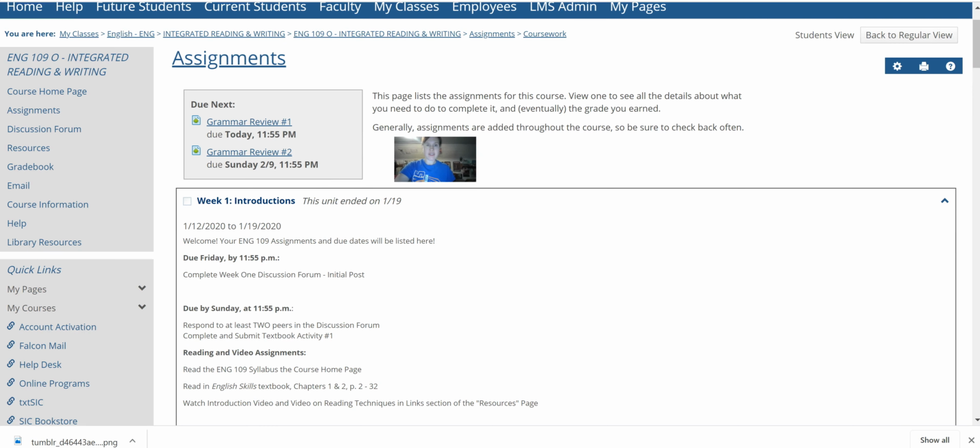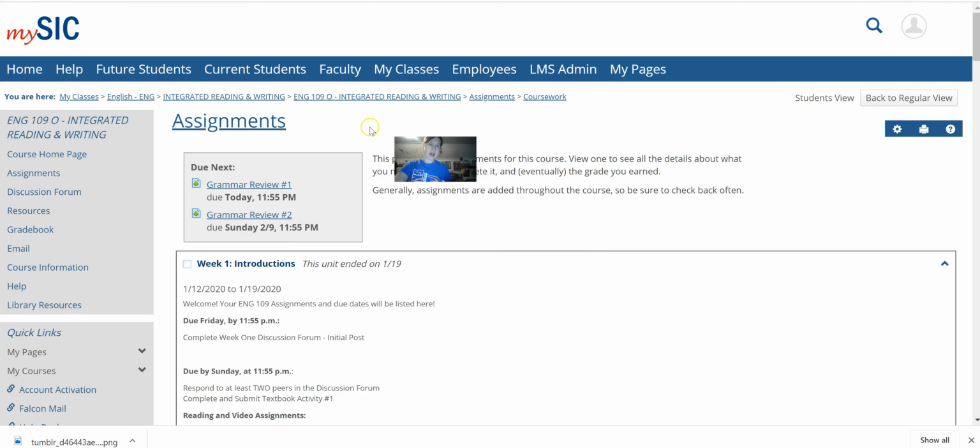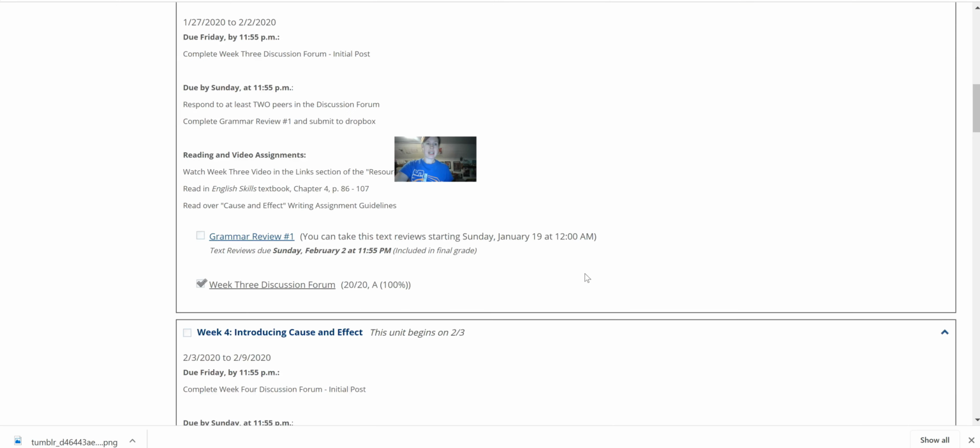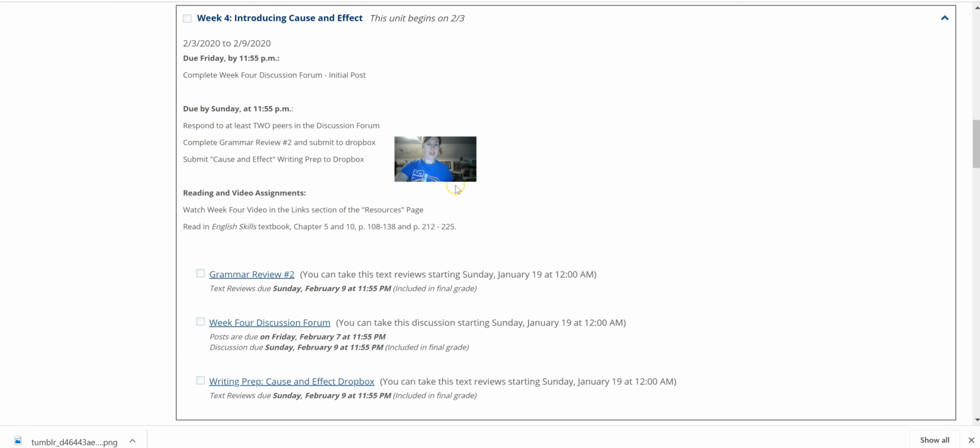As I've said in a few other videos, even though this little box is right here, don't rely on that box. Make sure that when you go to the assignments page you scroll down, because once you get to week 4, there are actually 3 assignments due. This is our first week with 3 assignments due. If you rely on that gray box at the top of the page, it's only going to show you 2. I don't want any of you to miss out on that 3rd assignment and those points. So just make sure that you scroll down every week to the appropriate week.